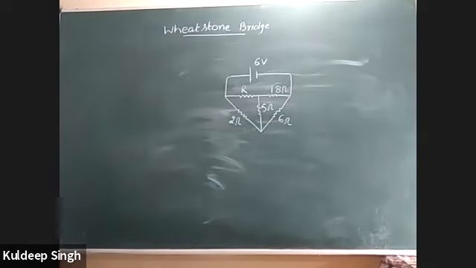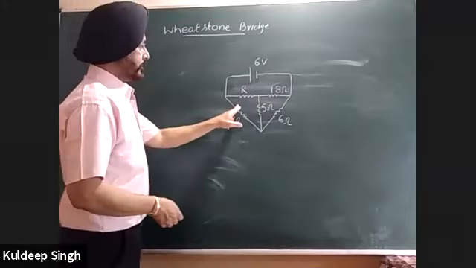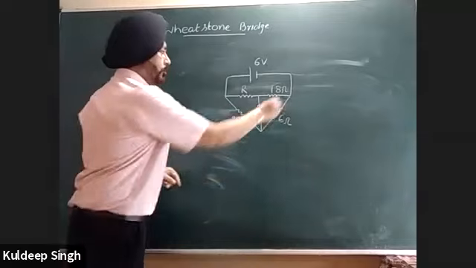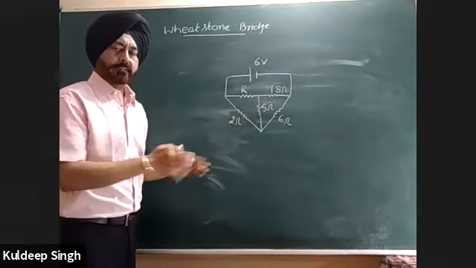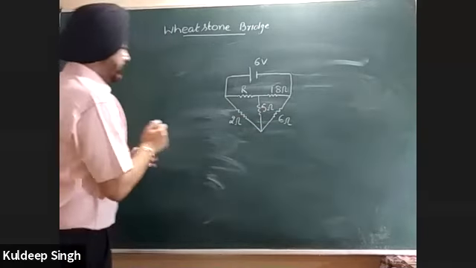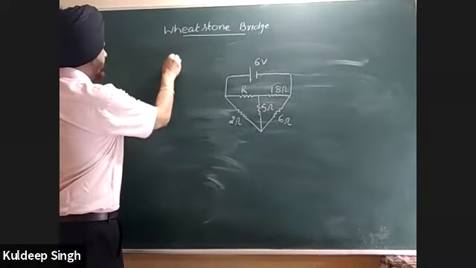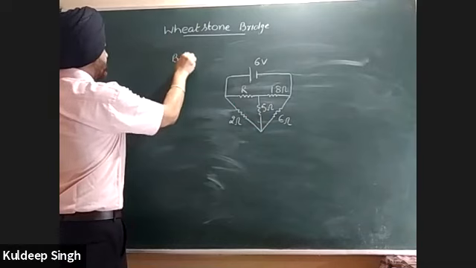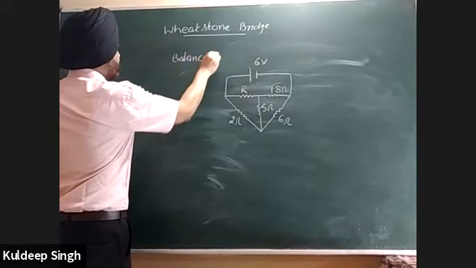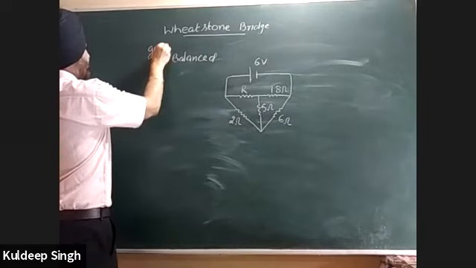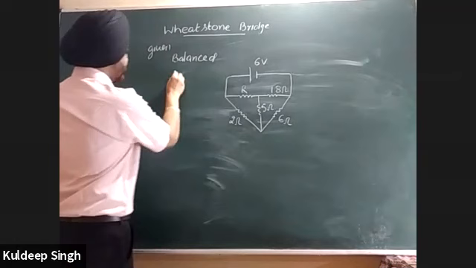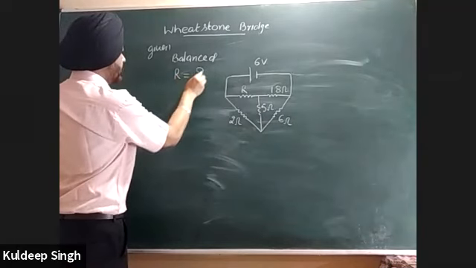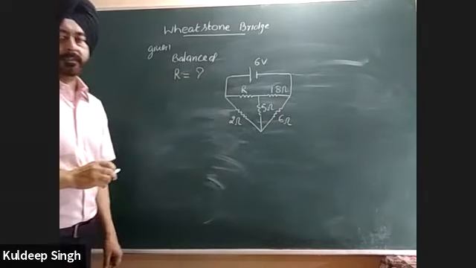This resistance circuit is given to us, and the examiner says this is a Wheatstone bridge. As it is clear, there are the 5 resistances, and it is also given in the question. And the examiner said this circuit is balanced. This is given to us. Then find R. What will be the value of R? We have to find out this.